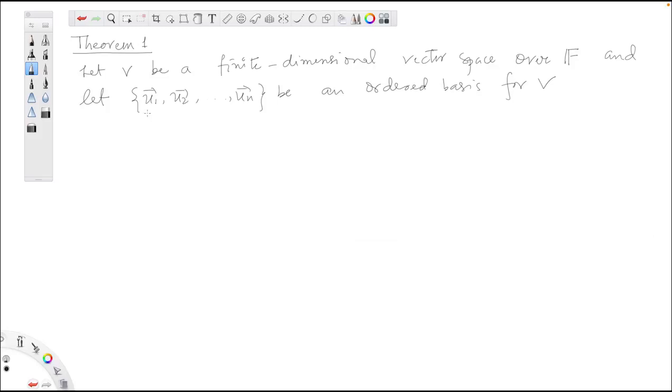And remember the abuse of notation that we have discussed earlier in the previous lectures. This is an ordered basis. It is a set, but the ordering matters here since it's an ordered basis, although we have denoted it with a set, but you know, we mean a sequence here, so that the ordering matters. Okay, now we want another vector space W which is not necessarily finite dimensional. Let W be a vector space over the same field F,